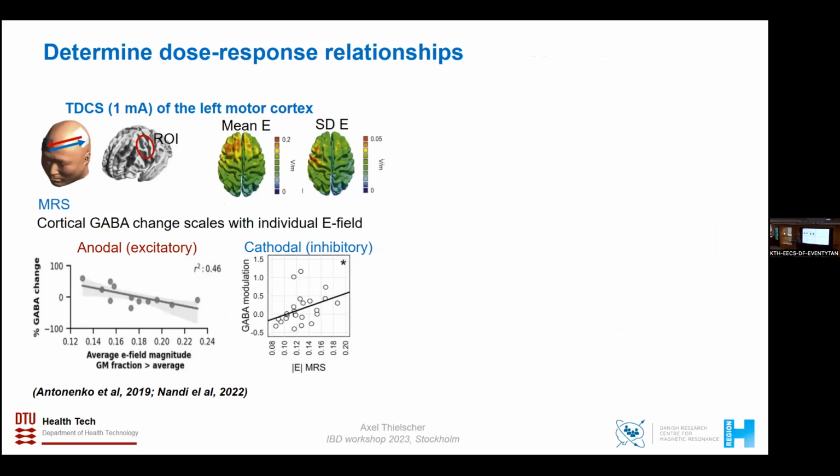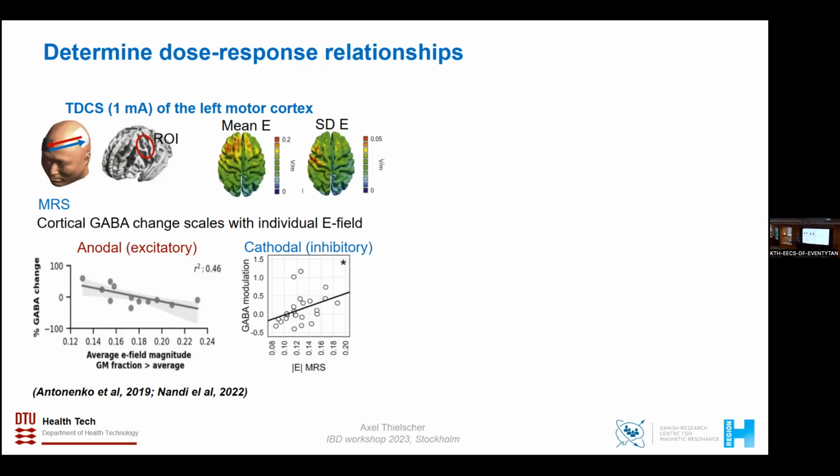Then, once we have volume conductor models in place, we can also start asking a very obvious question, namely, is actually the strength of the currents which we induce somehow linked to our physiological effects? I mean, it should be, but because TDCS, or electric stimulation, is relatively noisy in terms of physiological outcome, it's not the easiest question to ask. But in a way, it's about determining what we call dose-response relationships, namely what kind of treatment dose do we need to get a certain response. And